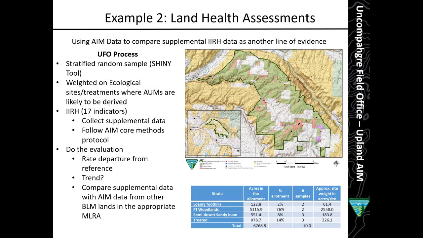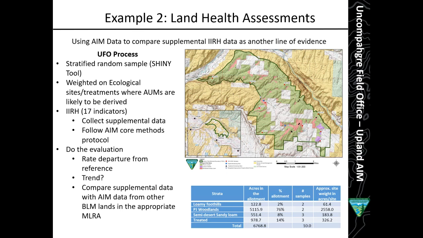And unfortunately in this field office, trend is extremely problematic for us. Most of our trend data is photo frames, and then about 20 years ago, they switched to Daubenmire frame monitoring with no follow-up. So trend is incredibly difficult,